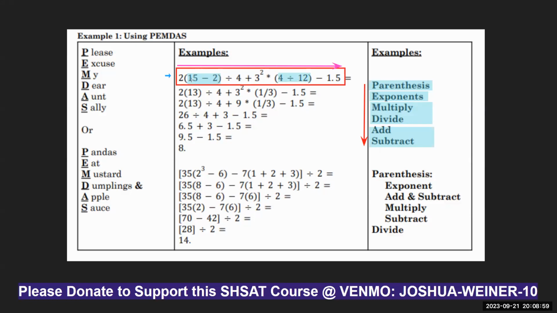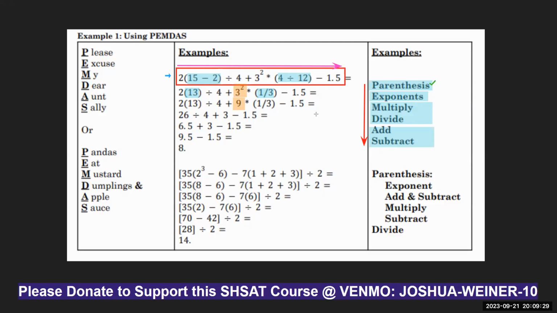And with this parentheses, there's 2 places. You can see the writer correctly did 15 minus 2 is 13, and 4 divided by 12 is a third. Now we've completed the step for parentheses. The next thing we do is look at the next line of paper, looking for any exponents that we can encounter. And there is one. I'll use a contrasting color so you can really see this. There it is. 3 squared is the exponent, which is worked out as 9.